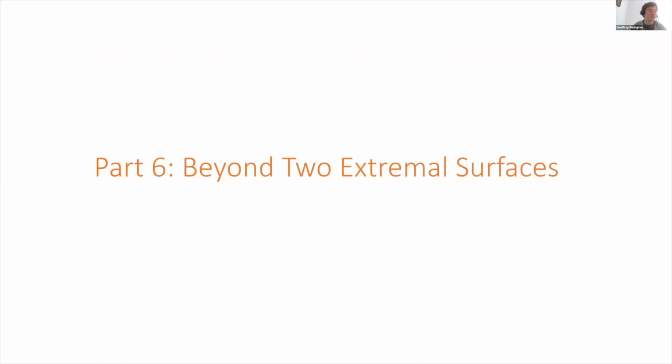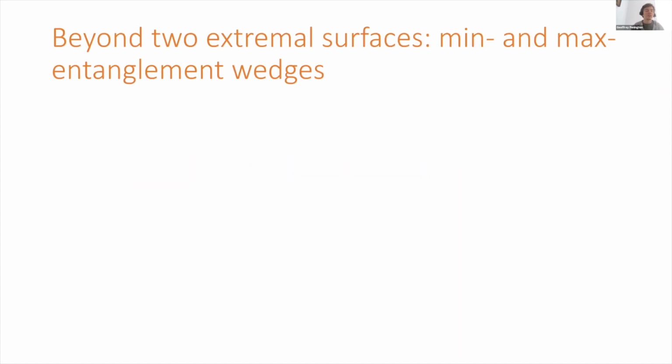Okay, so the final thing I want to talk about is that implicitly, so far in the talk, I just assumed that there were only two extremal surfaces that played an important role, right? And that we just had to compare the generalized entropy of the two of them and maybe some conditional smooth min and max entropies. But the two surfaces were the only relevant ones. Of course, for a general space-time, you can imagine arbitrarily complicated situations where you have loads and loads of different extremal surfaces. Maybe you have some complicated wormhole structure or something. You can have arbitrarily complicated situations.